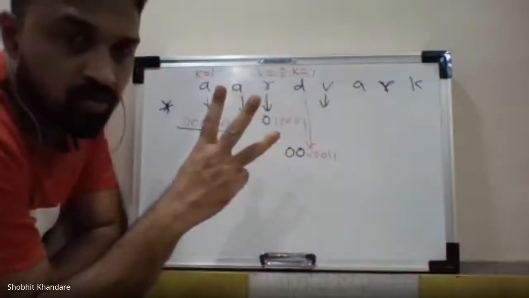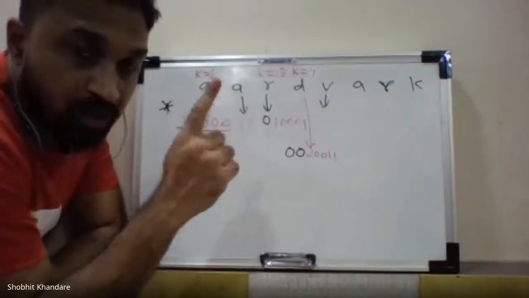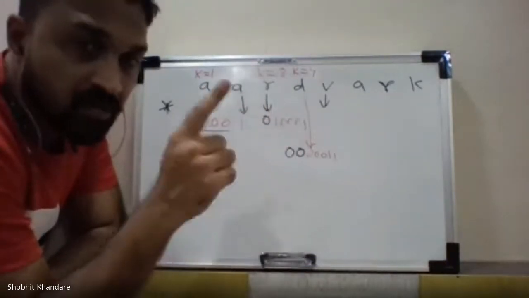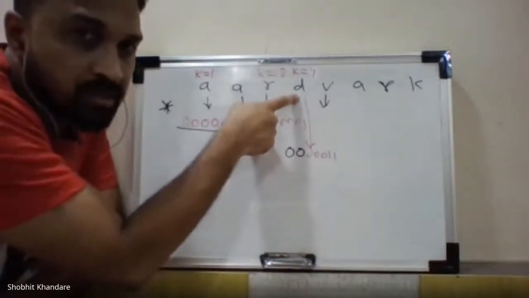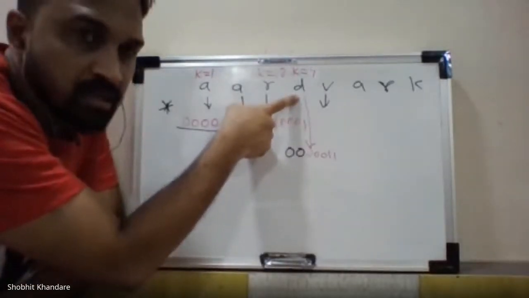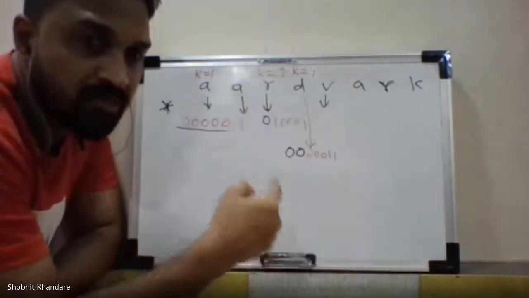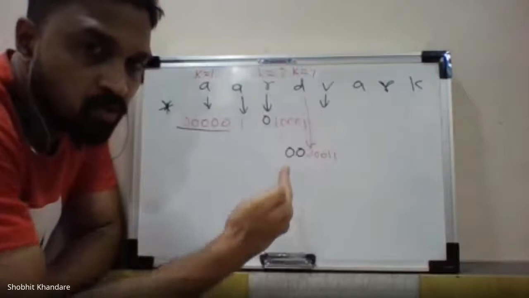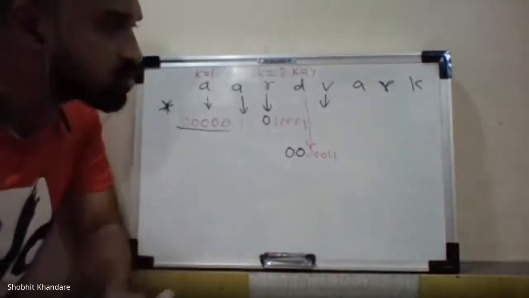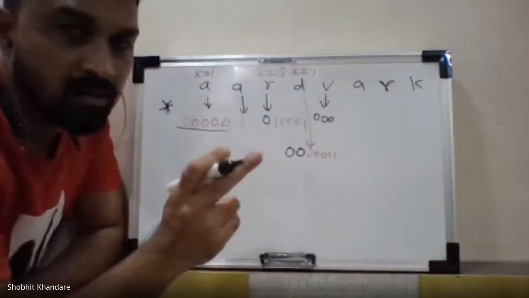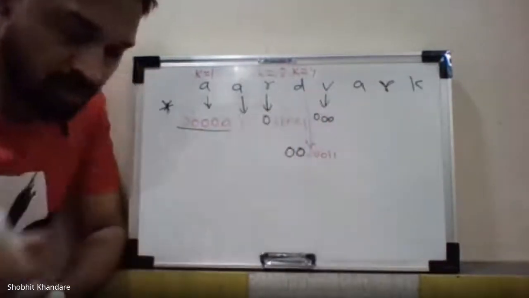Yes, 0 0 0. Yes, 3 times 0. Now you are referring to the tree diagram in which D is included, where D is inserted. So when you refer to that, and you have to reach the NYT from the root, it is 0 0 0. So that is 3 times 0, followed by the fixed code of Y.